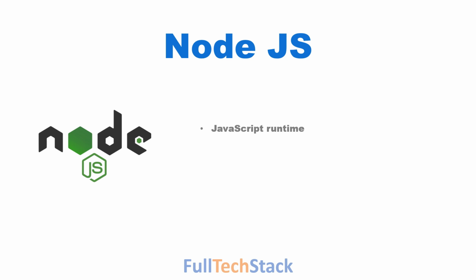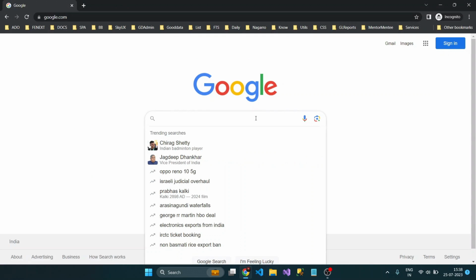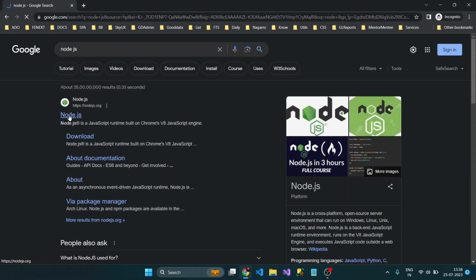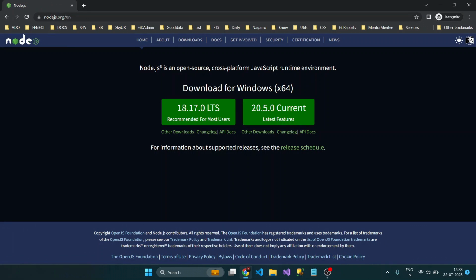It allows us to use various tools and packages required for Angular development. If you don't have Nodejs installed already, I'll show you how to download and set it up on your machine. You can simply go to nodejs.org or search for Nodejs in Google. The first search result will take you to nodejs.org, from where you can either download the LTS version or